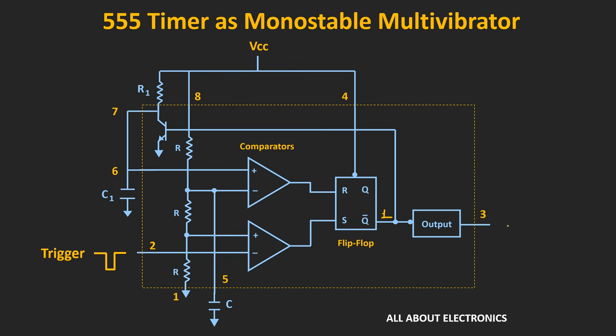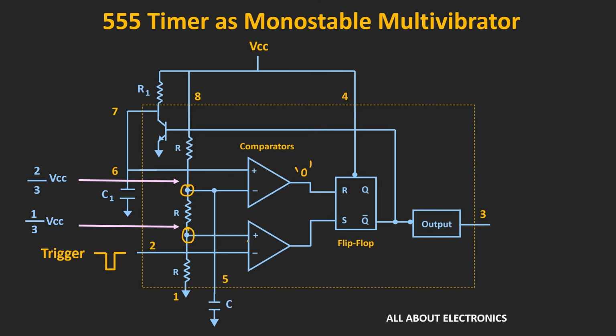So whenever the output of this 555 timer is 0, at that time this capacitor C1 will remain at ground potential. So we can say that the input to this first comparator is equal to logic 0. Now like we saw in the previous video, the voltages at these two nodes will be equal to 2/3 VCC and 1/3 VCC respectively. So whenever this pin number 6 is at ground potential, then the first comparator output will be equal to logic 0, because the voltage at this inverting node is more than the voltage at this non-inverting node.